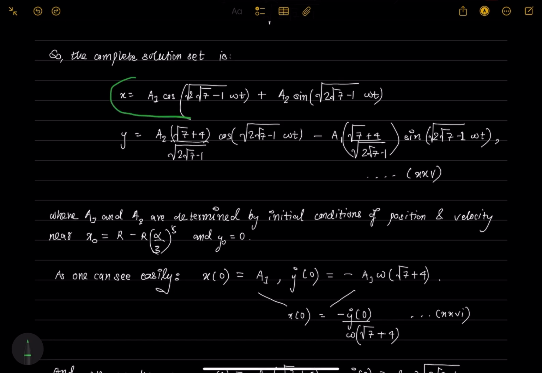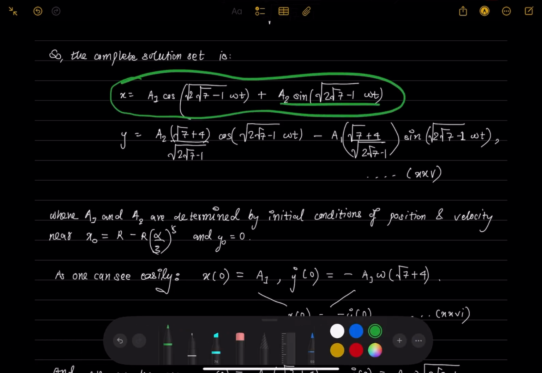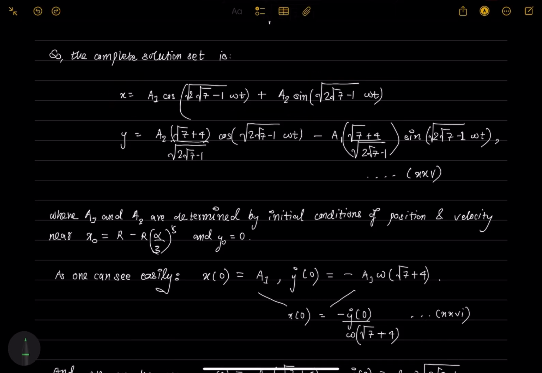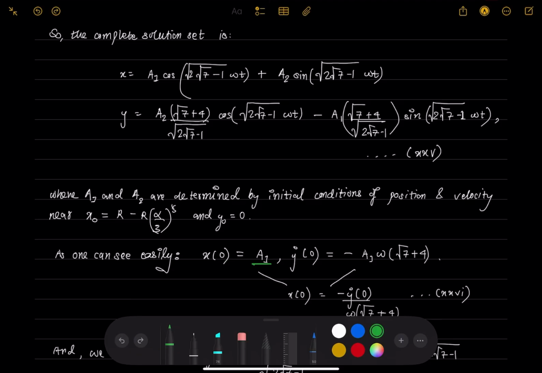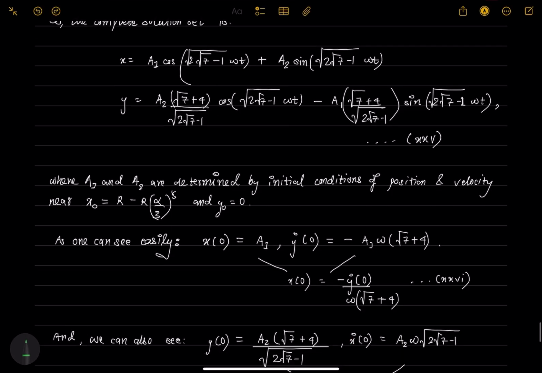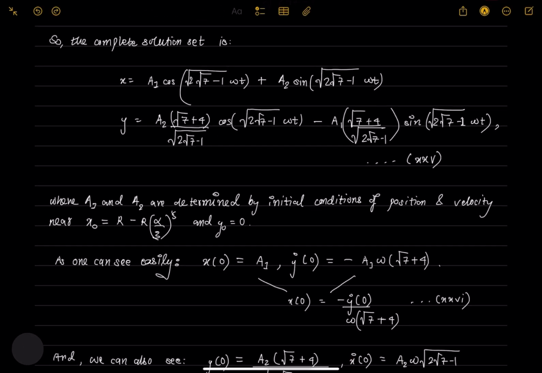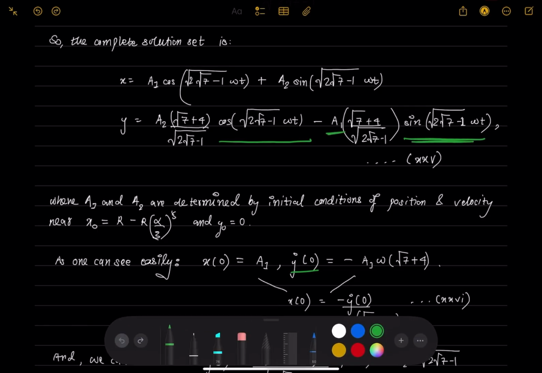When you plug in t equals 0, the second term vanishes and only A1 remains, and t equals 0 means the cosine of that is also 1. So the initial position of x at 0 is just A1. You plug in the initial position of x at time t equals 0, you obtain the coefficient A1. And since the time derivative of y, try differentiating y, you obtain this term to be a sine and this term to be a cosine, and only the A1 term remains if you time derivative it. And when you evaluate that at 0, only the cosine term remains, that is only the term with A1 remains,